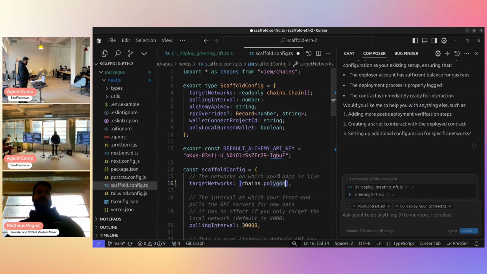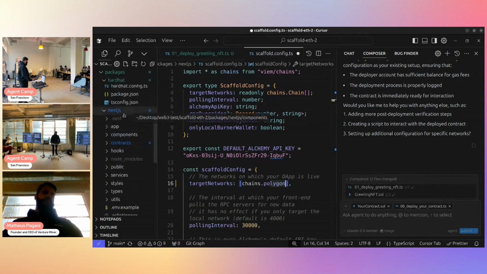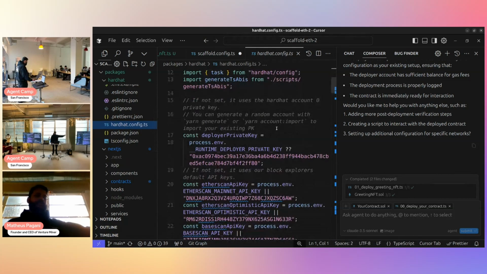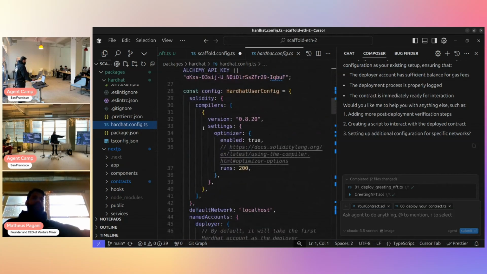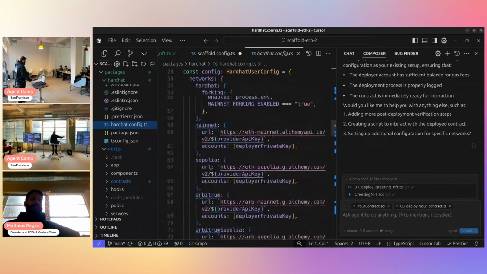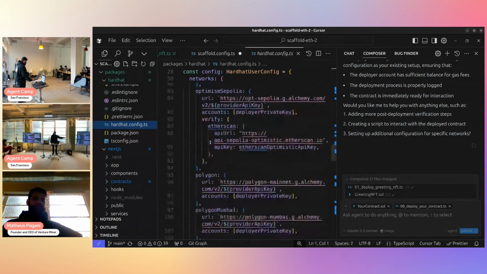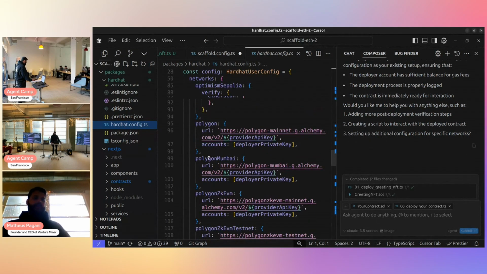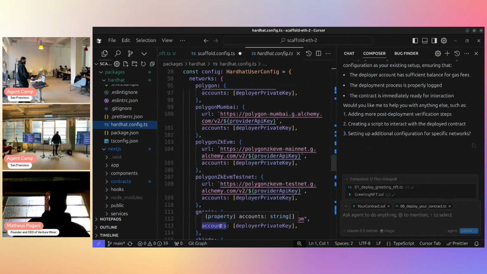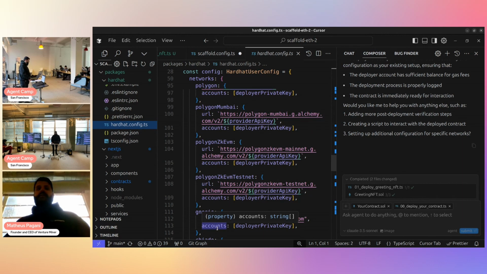You can have your app connected to Polygon, and if you want to deploy your smart contract to Polygon, you already have this configured. One of the configurations for Hardhat here is already set up for you to target the Polygon network. So for example, if you want to do Polygon Mumbai, Amoy, or the zkEVM, you have all of those connections here for you to deploy and connect your front end to Polygon. Okay? This is it. You guys are good.